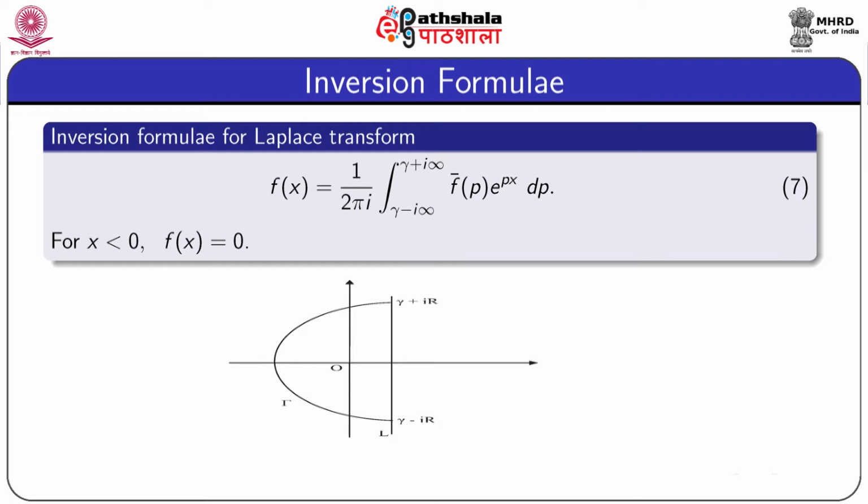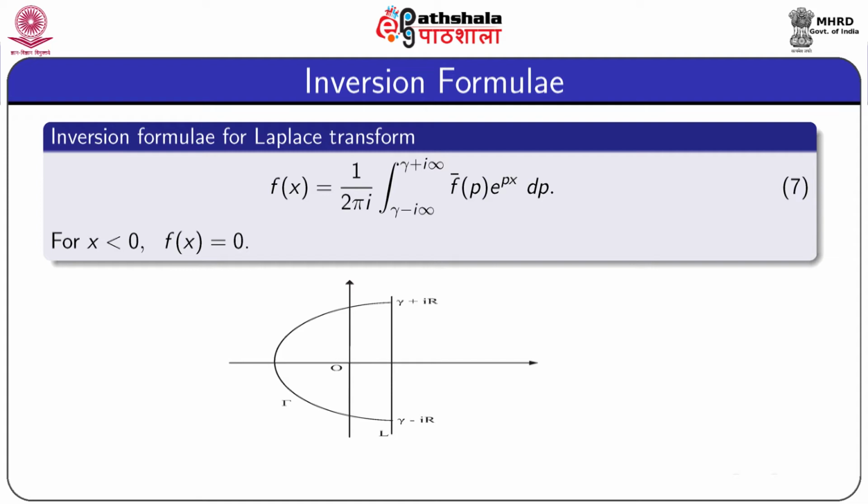Generally, this line is closed by an arc of a circle which is represented by gamma in the figure. Now, to evaluate this integral, we consider R tends to infinity and we draw the line capital R in such a way that all the poles of the function f bar p lie on the left of the line,